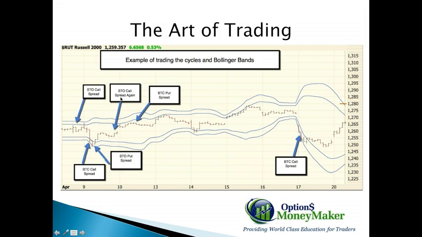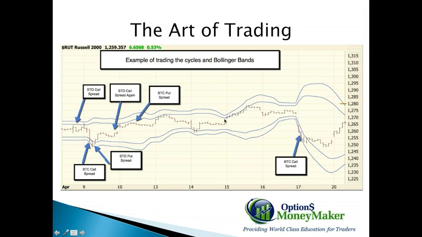We did get a snap back up, and we sold to open the call spread again. Now, I think in hindsight, we were a little premature in reopening this call spread, but that's okay. It worked out for us. The index continued to move higher, and it pretty much flattened out here for a couple of days. And in here, we were able to take a profit on the put spread. And then we were only left with a call spread, and you can see how the index moved back and forth between the Bollinger Bands until we saw a more pronounced move lower, and we were able to close the call spread.